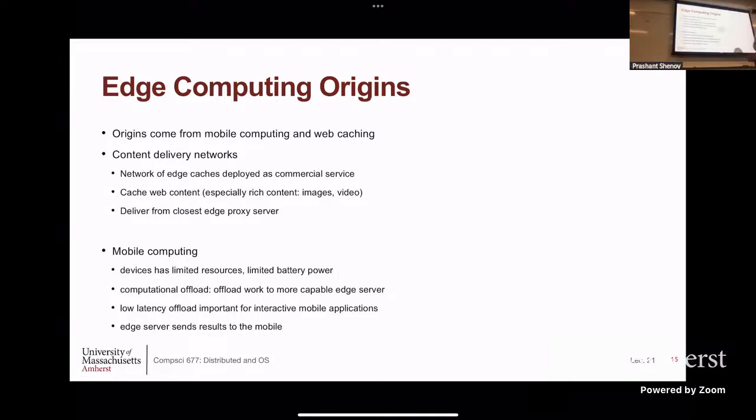So if you need to deploy web caching for your website, rather than deploying your own web caches, you just go to a CDN, which has already deployed these caches at lots and lots of locations, and you just sign a contract and say, cache my web pages and deliver them. And then the CDN service will start caching your pages, and users will be directed to nearby caches rather than the server. So CDNs are essentially companies or commercial services that have deployed a very large number of caches already